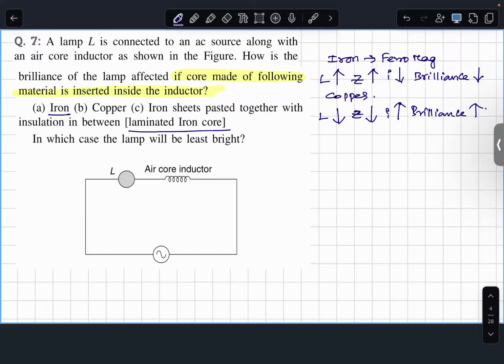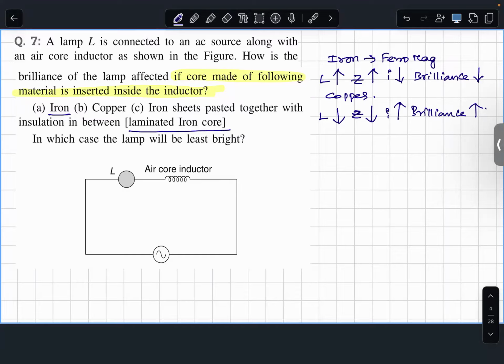Laminated iron core. The reason they use this term is that because of lamination, eddy currents are avoided. Iron sheets are pasted together with insulation in between, so it will avoid eddy currents. So not much effect is there. So therefore, when compared to air,